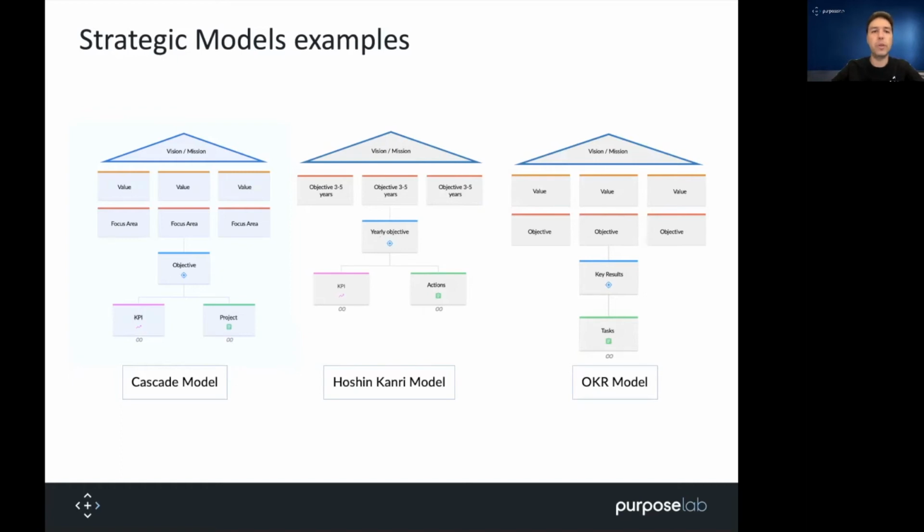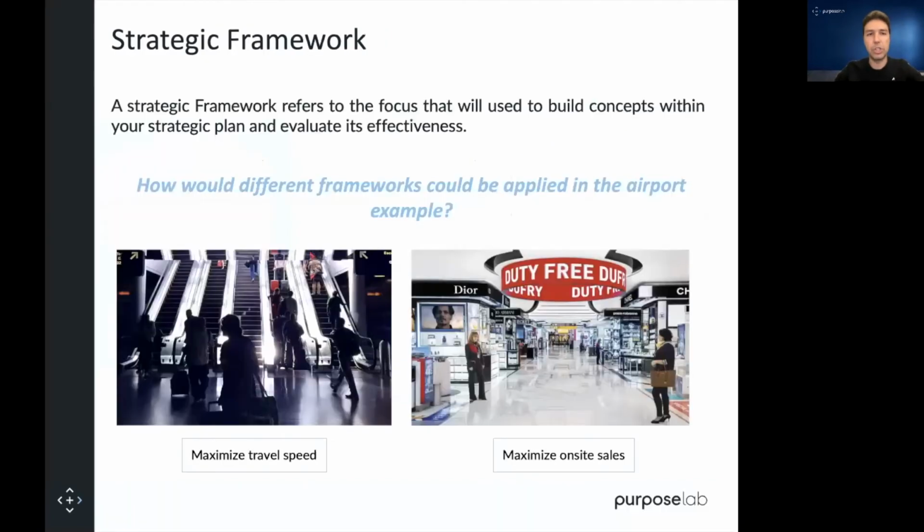So we will determine what elements we want to have, like these focus areas and objectives. Probably we'll have projects, and probably we'll identify projects that have sub-projects nested into them, or some KPIs that are directly measuring a project, but some other ones that are directly measuring the compliance of an objective. That's all part of the strategic model. Now, once you have those elements, and let's go back to our airport example, you need to put them together to work. The strategic framework is the one that's going to tell you how these elements will interact with one another, depending on the focus that you want to give them.